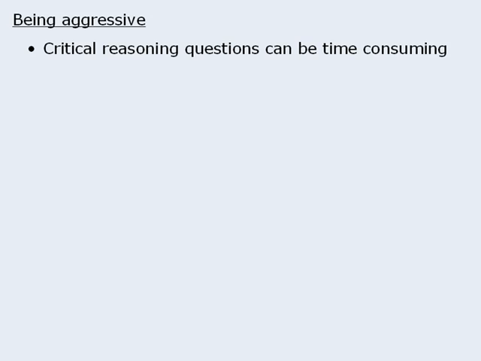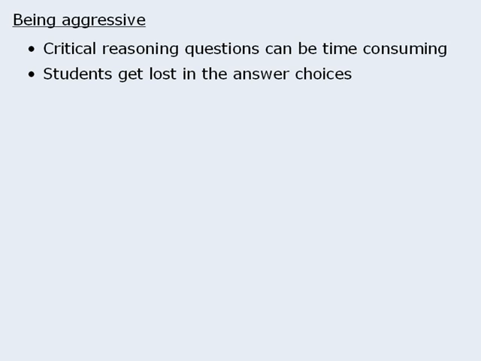When this happens, students often get lost in the answer choices. They come to an answer choice that doesn't seem like the right answer, but rather than eliminate it, they try to find some reason to keep it. These students are so concerned that they might accidentally eliminate the correct answer that they start thinking of scenarios where the answer choice might possibly be right. Eventually, these students convince themselves that they should keep the questionable answer choice just for the time being.